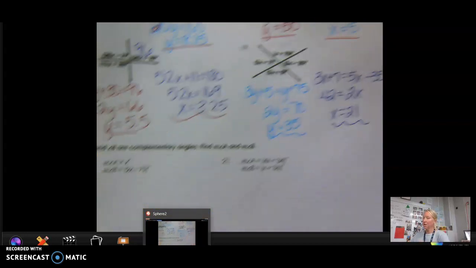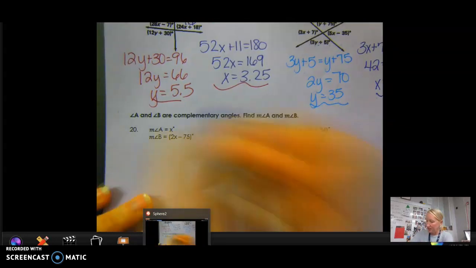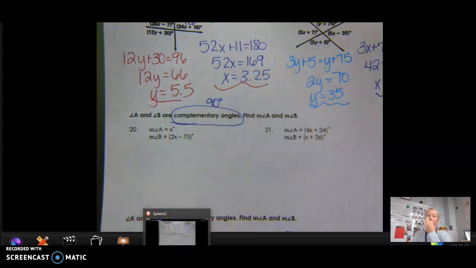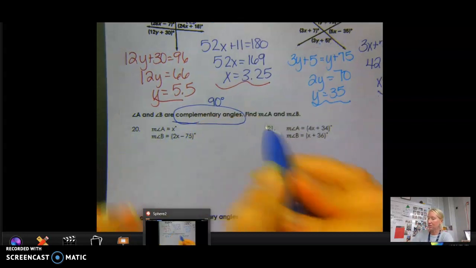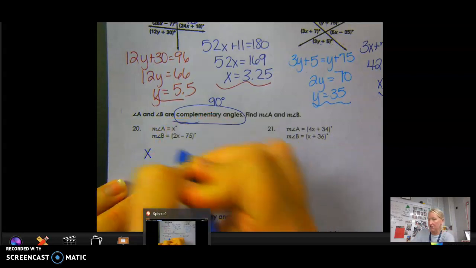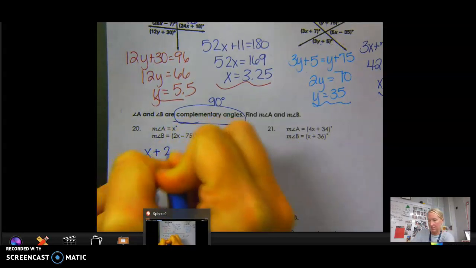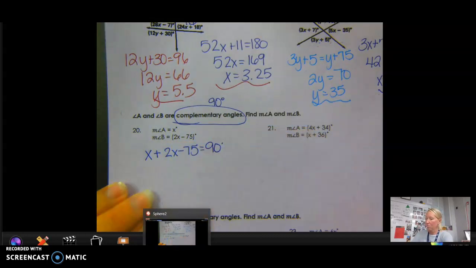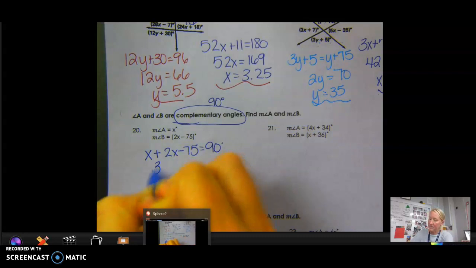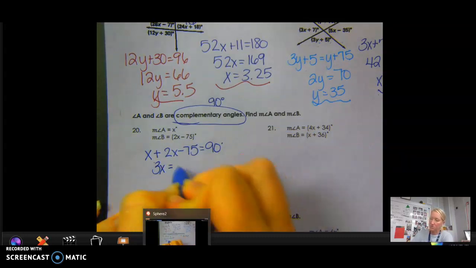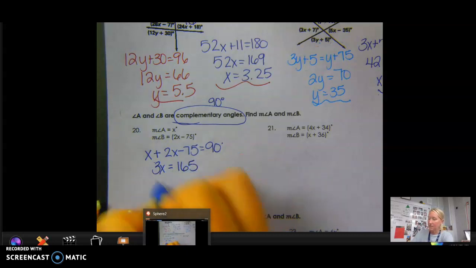All right. A and B are complementary angles. Remember, complementary means 90 degrees. Okay? So we know that these two are complementary, so they add up to 90. So angle addition postulate tells me to add them. So x plus 2x minus 75 equals 90. So that gives me 3x's because I combine those. And I'm going to add 75 to both sides. So 3x's equals 165. I'm going to divide by 3,